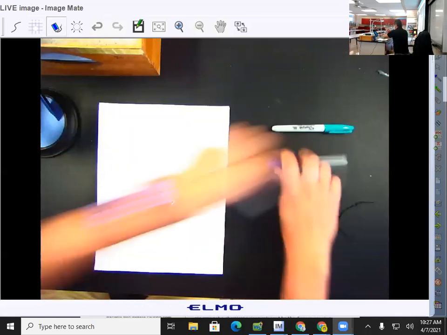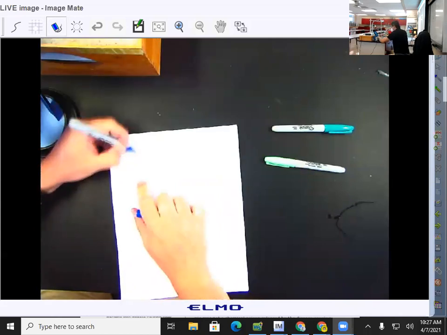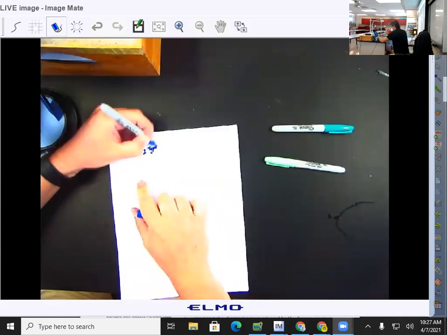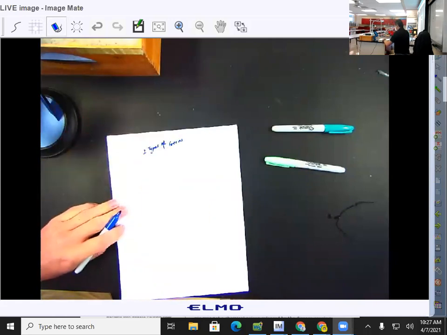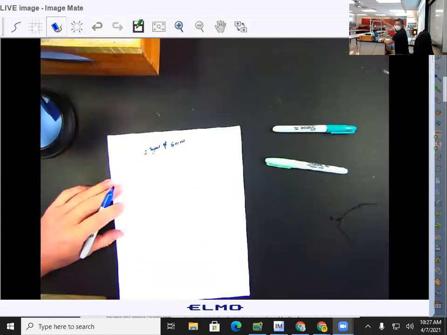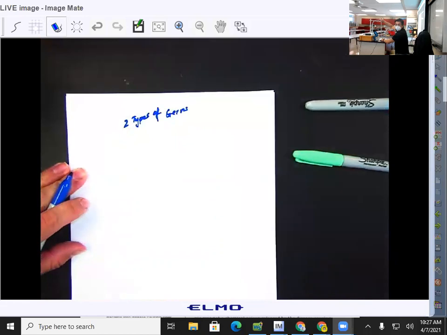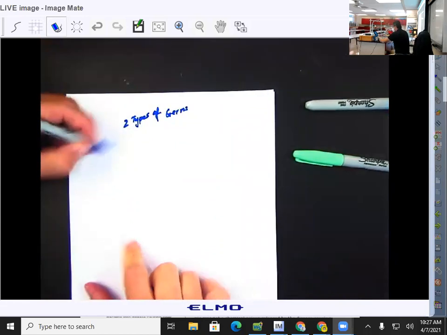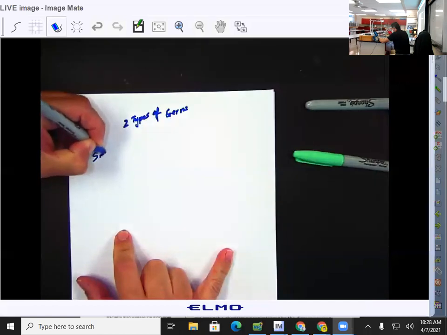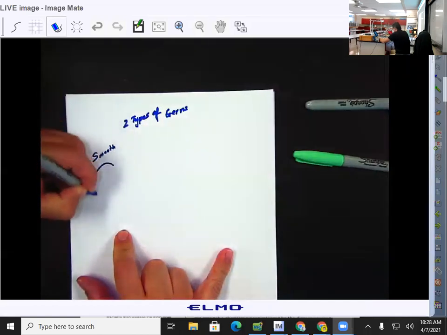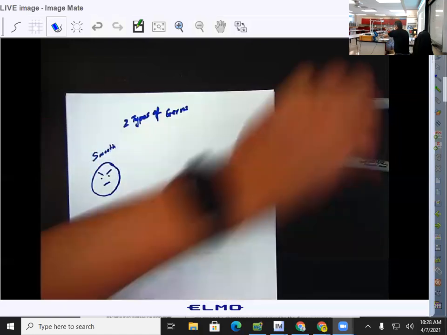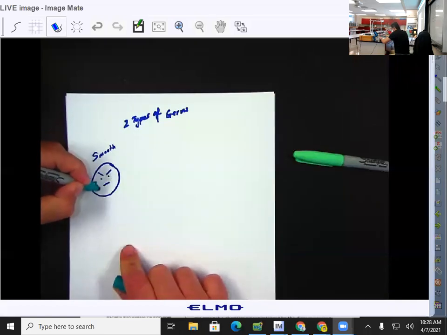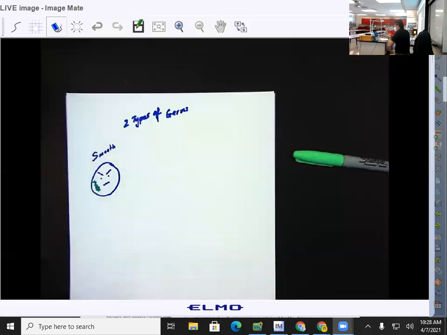Yes? Okay, all right. So here's what's happening. So check it out. Remember, there's two types of germs. All right, so that's what we have. Okay, so here we go. Zoom in a little bit. Okay, so you got the smooth strain. Let's just say it looks like this. And this guy has DNA